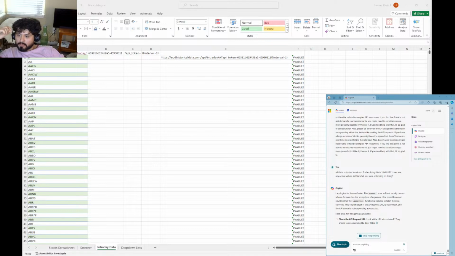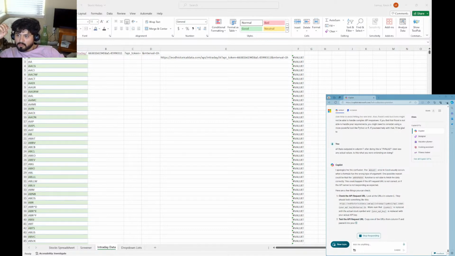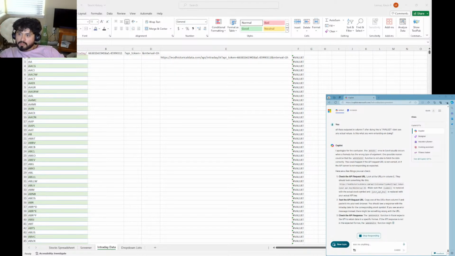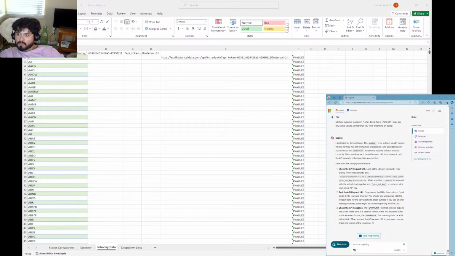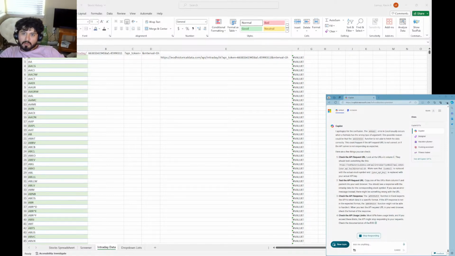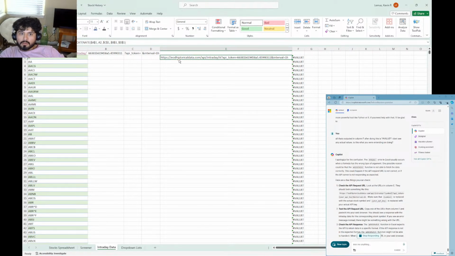Possibly it could be that the web service function is not able to fetch the data correctly. This would happen if the API request URL is not correct, or if the API server is not working. If you check the API URL, look at the URL in column E. They should look like this. Okay. HTTPS the historical data.com/API/intraday/